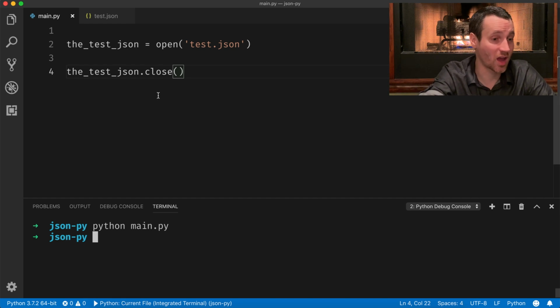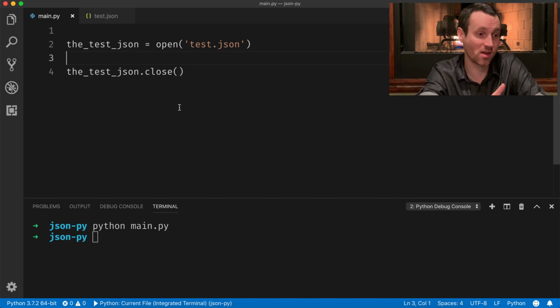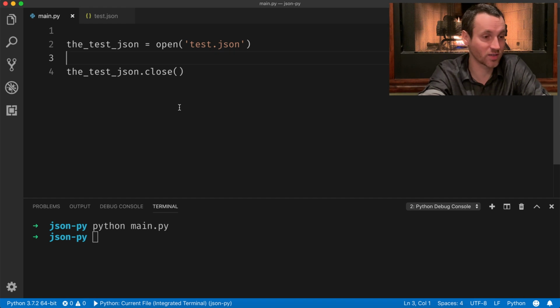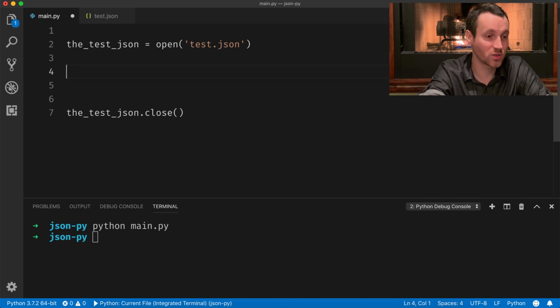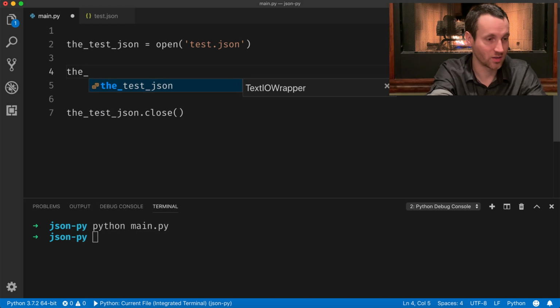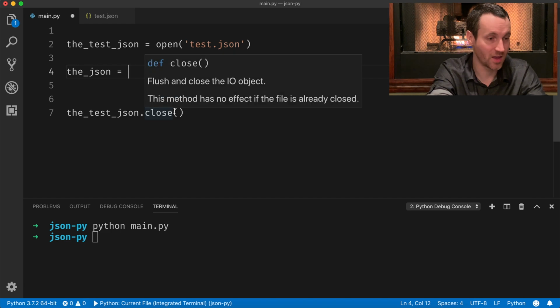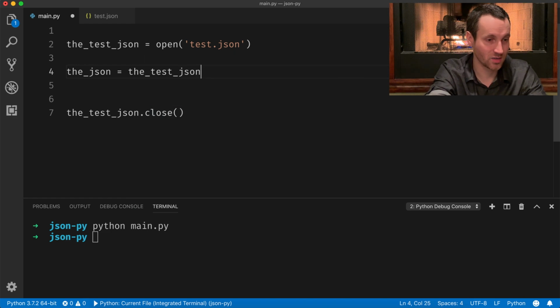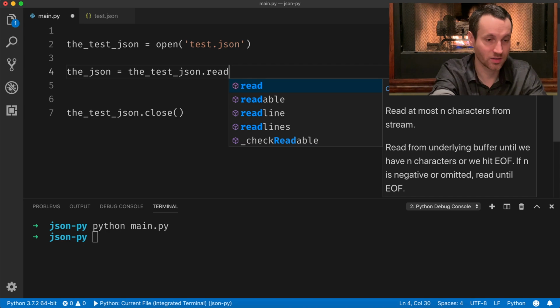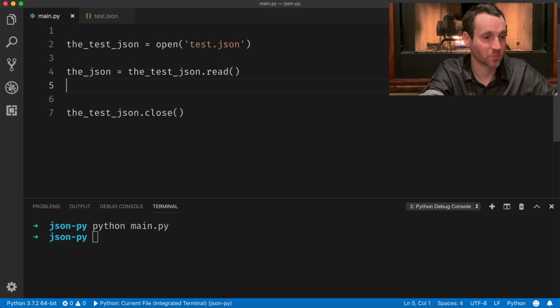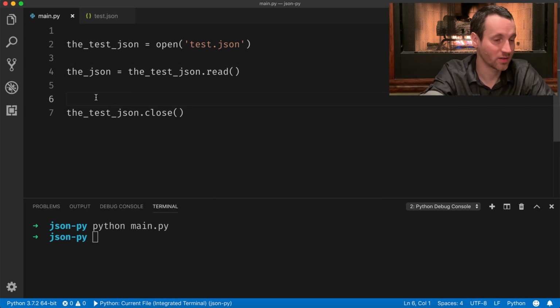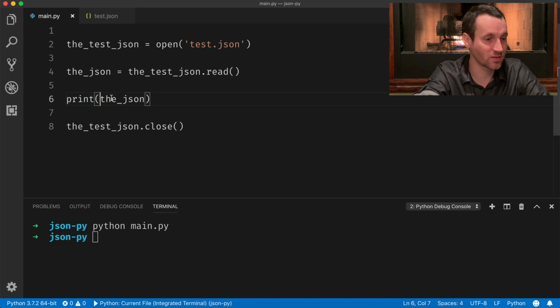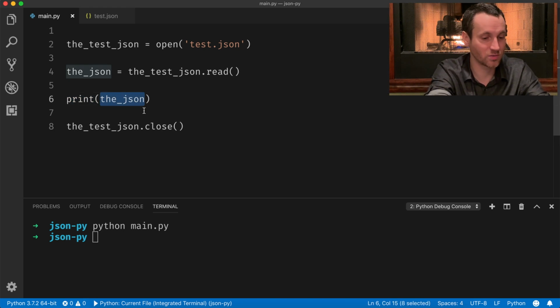So with this, I just wanted to point out that in order to get this processed, we need to do a read operation. So I'll call this the JSON, and we'll do the test JSON.read, okay? There we go. But from here, I'm going to print out this, but I'm going to do it as the